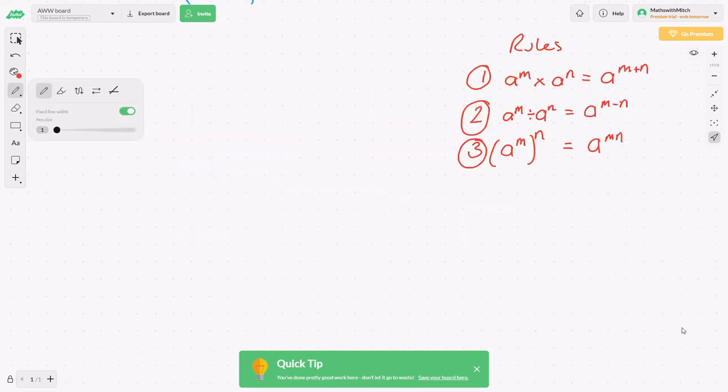So given that we've now found those three rules for the indices, we can use them to actually find a number of different results. So the first one we're going to look at is the concept that a to the power of 0 equals 1, and in fact any number to the power of 0 equals 1. So a couple of things of why that might be true, as you might assume that it's actually equal to 0. But if we look back at our rules there, and let's think about this in terms of